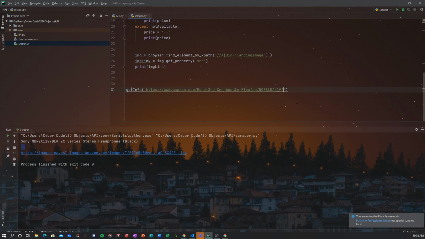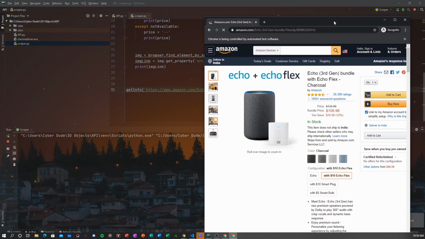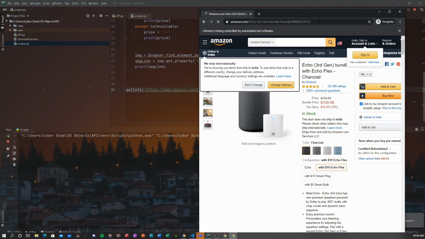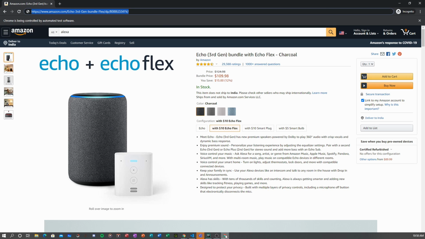Save this and run it again. So it's going to go here, get the details, and then print it out on the console again. Okay, and we have the details printed out here.